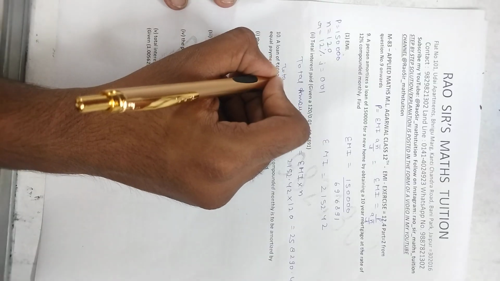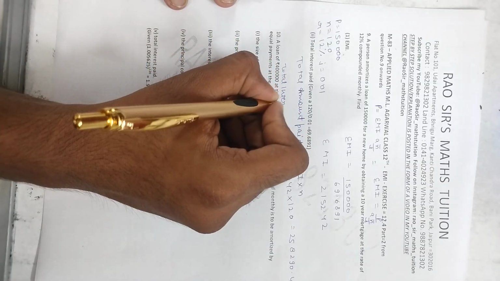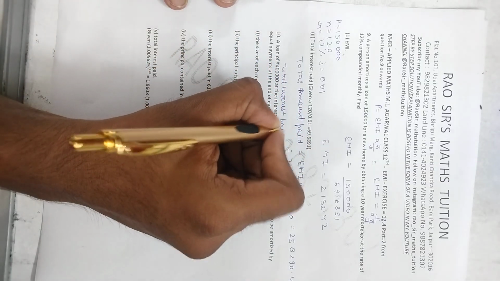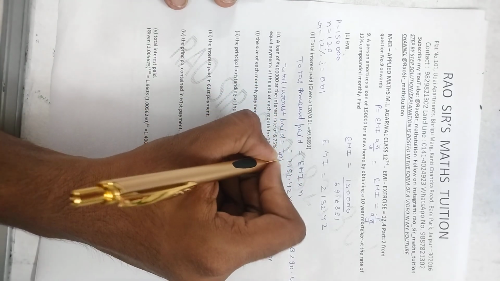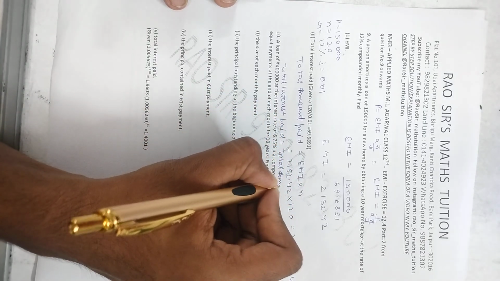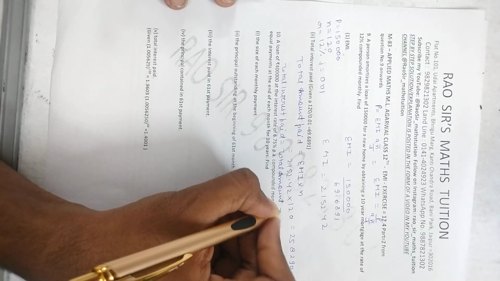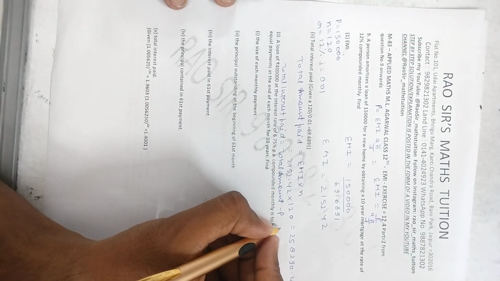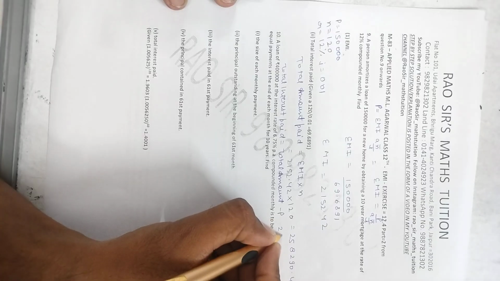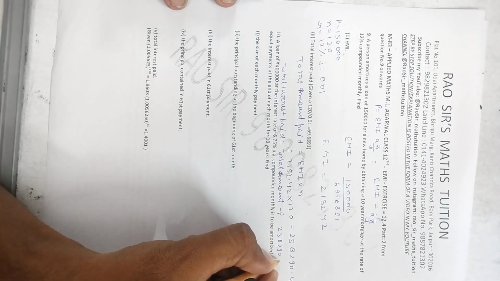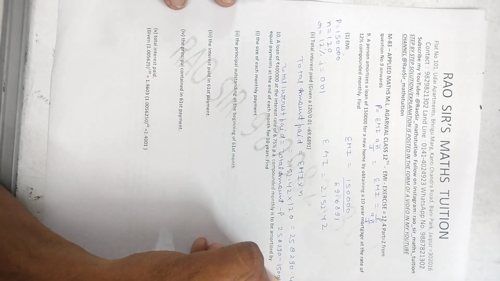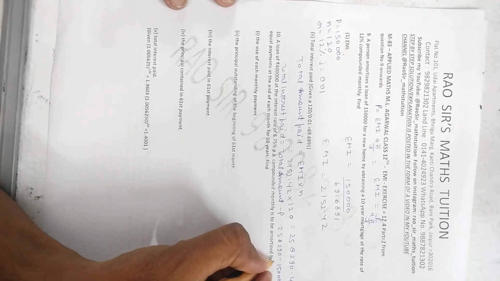Now total interest paid is equal to total amount minus P. So putting it in the equation, minus 150,000, which gives the answer